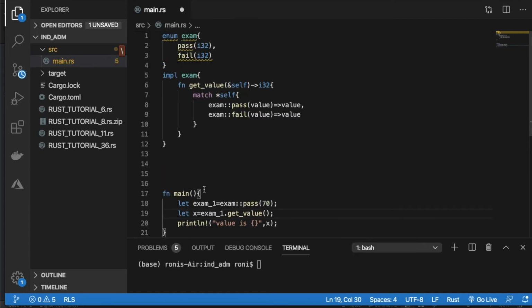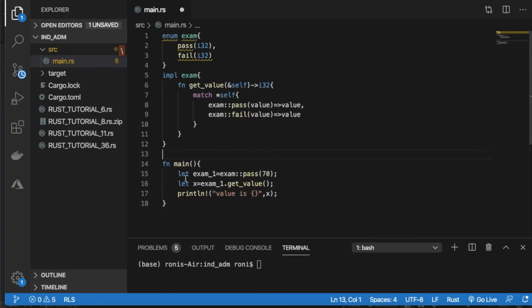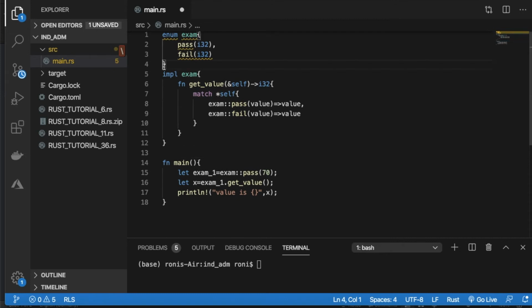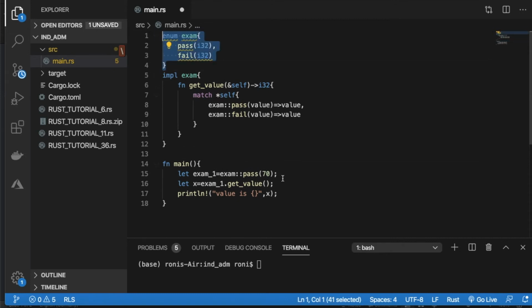Let me just explain whatever we have done. This is the enum definition, and this is creating the instance. After that we define this enum method with impl, and we use the self argument here with an ampersand. Because we are going to return some integer of i32 type, I'm using it over here.